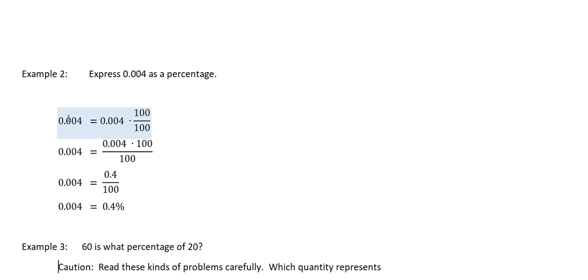Okay, 0.004 is equal to itself times 100 over 100. 100 over 100 is 1. 100 divided by 100 is 1. So you can always multiply by 1. But by doing so, we move the decimal place over here to the left while expressing this as a fraction over 100. Over here we're multiplying 100 times the 0.004 while leaving it as a fraction over 100. And so we end up with